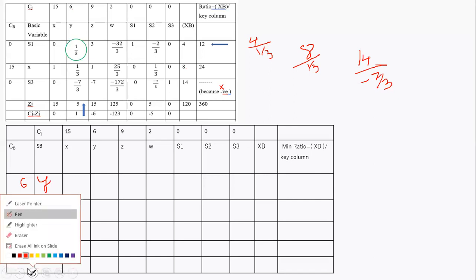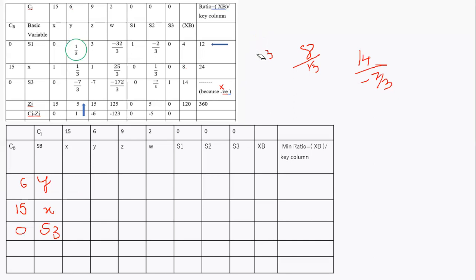So now similar process goes. We are supposed to make, other than the key number, all the numbers in the key column as equal to 0. So we are supposed to make this 1 by 3 and minus 7 by 3 as equal to 0. So in order to make this as 0, again we use the same formula. We need to find the ratio. So here let us go with this number. We want to make 1 by 3 as 0, right? So this is the first number below the key number, which I want to make it as 0.